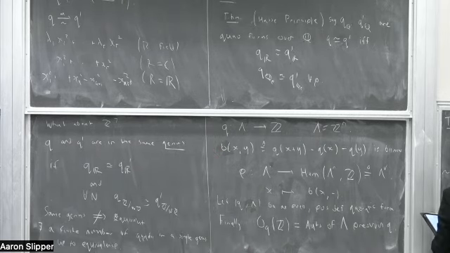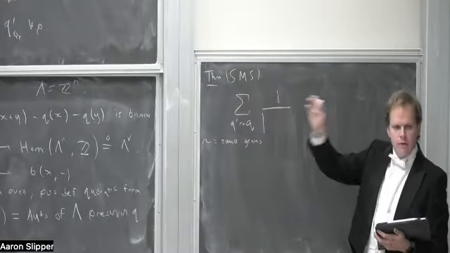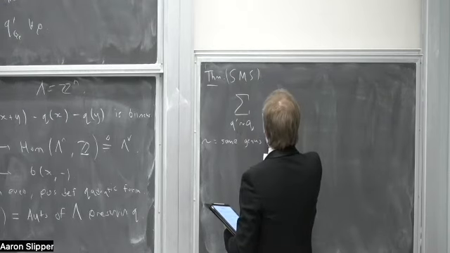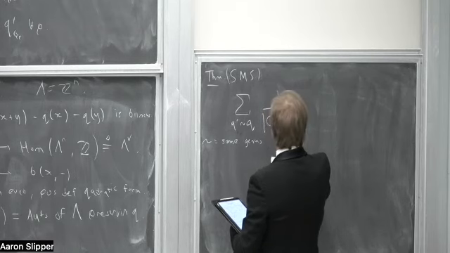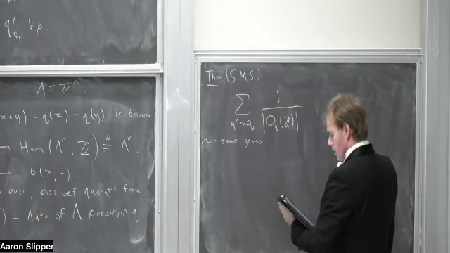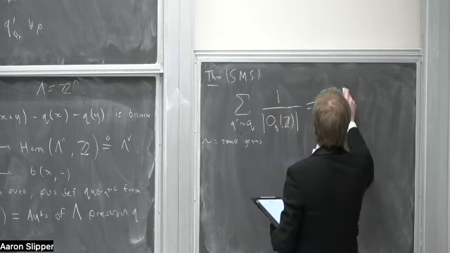So if we sum over all the quadratic forms in the same genus as Q, where we count each up to 1 over the size of its automorphism group, this is going to be given by a formula that reads as follows. It's equal to 2 times the